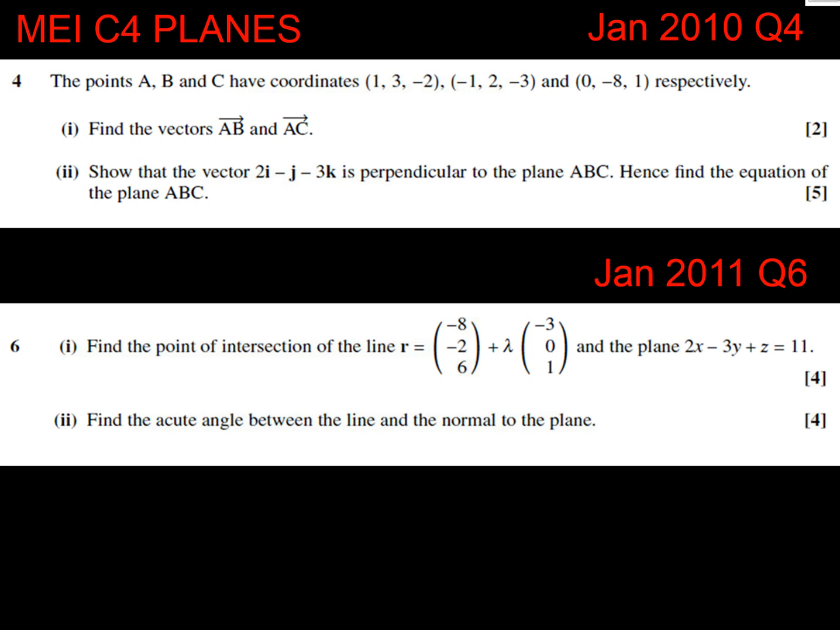Hello, quick video on MEI C4 papers and questions on planes. I've put two questions up here. There's a third one I'll come to at the end. But first one we typically see is around having 3 points that allows us to find the two in-plane vectors,